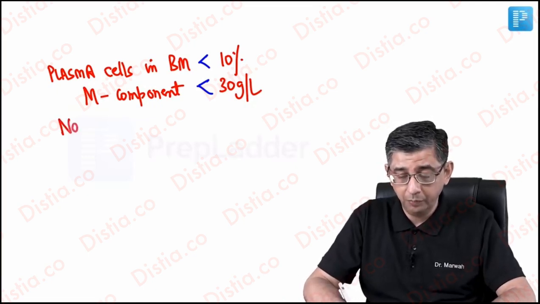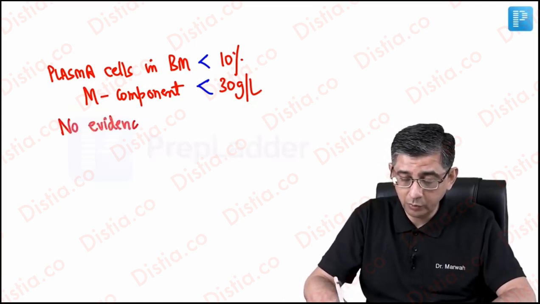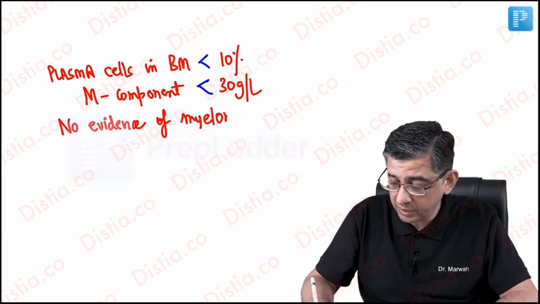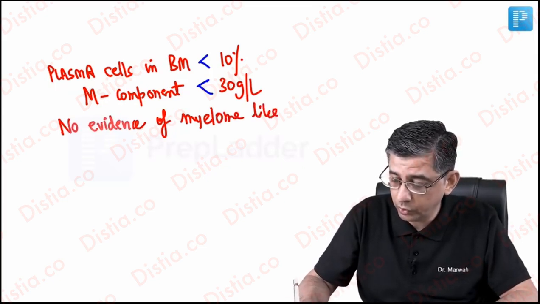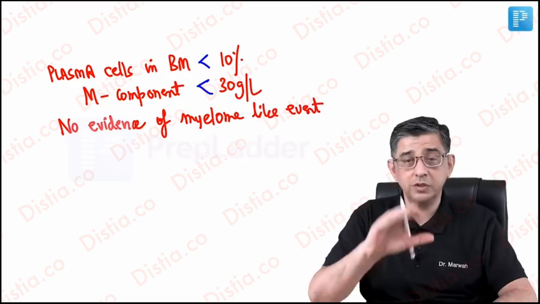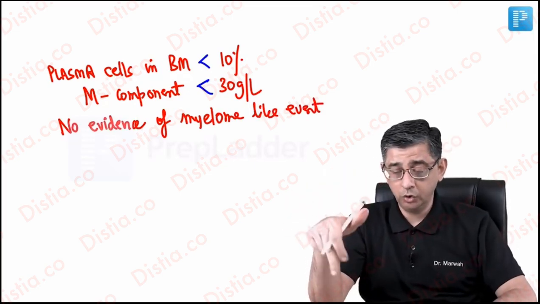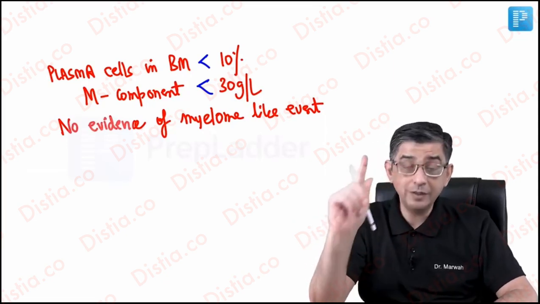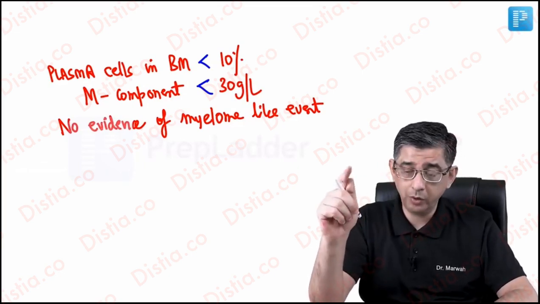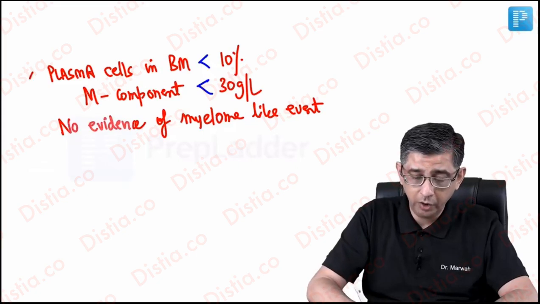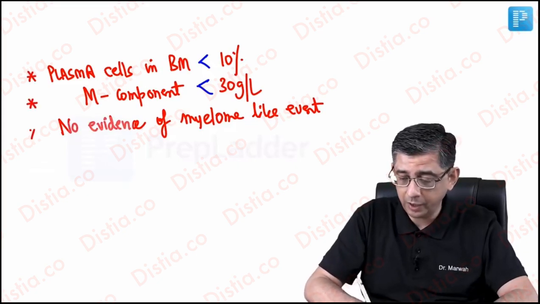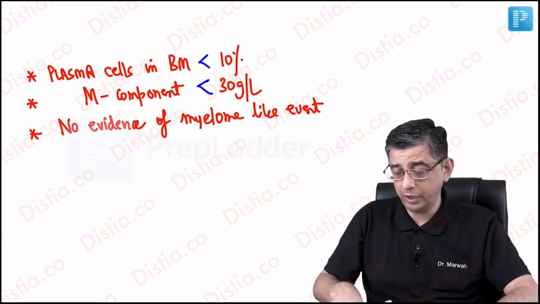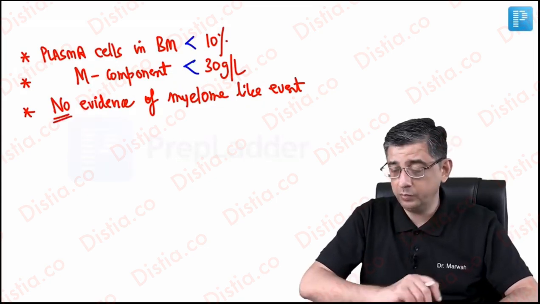But the main highlight of this discussion at this moment is that there is no evidence of CRAB in the patient. You can see that when I started the discussion, I had told you a triad for diagnosis of multiple myeloma, in which though I had not mentioned the mathematical amount of the M component, I had at least mentioned the fact that the plasma cells in the bone marrow should be more than 10%. And here you are saying that plasma cells are less than 10%. Monoclonal component, as an afterthought, I've added the mathematical value less than 30 gram per liter, and there is no evidence of myeloma-like lesion.